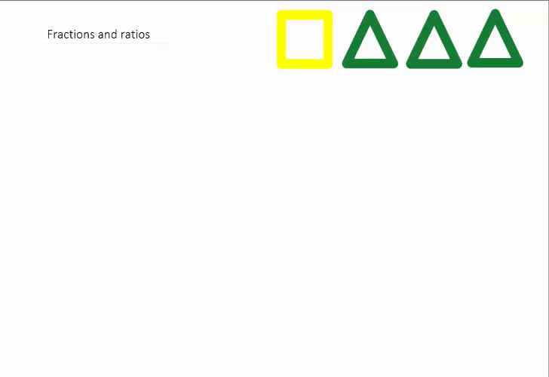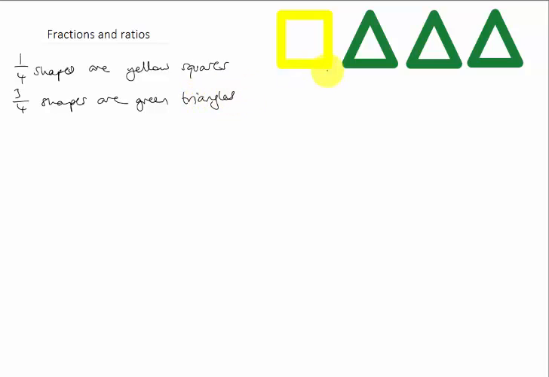So here we've got 4 shapes. We've got 1 yellow square, 3 green triangles. So we could say that 1/4 of the shapes are yellow squares, and you could say that 3/4 of the shapes are green triangles. Nothing too controversial there. But we could also say that the ratio of yellow squares to green triangles is 1